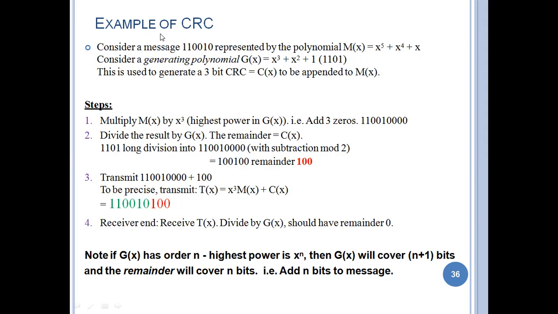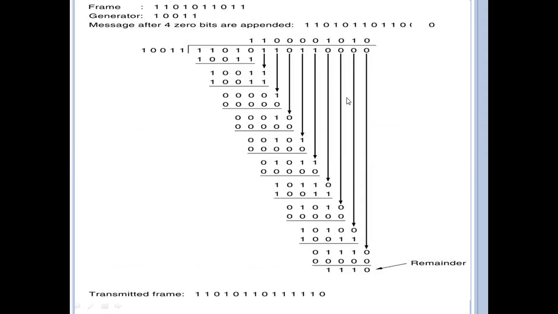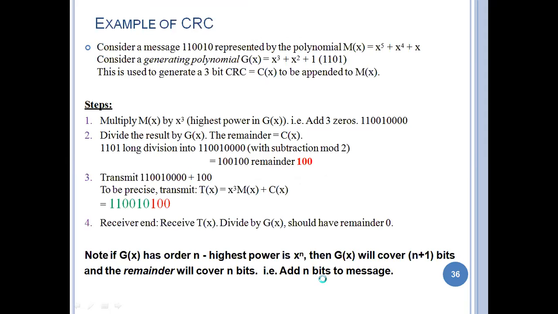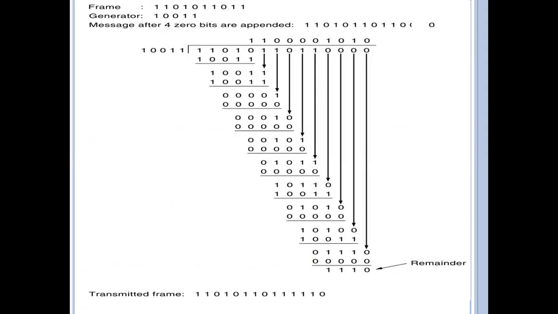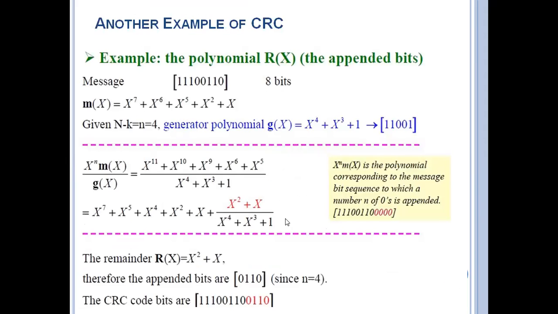In this way, we have to write the polynomial, and the generating polynomial equal to 1101 is x cube plus x square plus 1. Why? Because x power 0 is 1, x power 1 no need to write, then x power 2 and x power 3. By using this, the division operation has to be performed: frame as dividend, generator as divisor, and this one is the remainder. So that is the cyclic redundancy check. In another process of the cyclic redundancy check, the polynomial equation is divided by the generator.